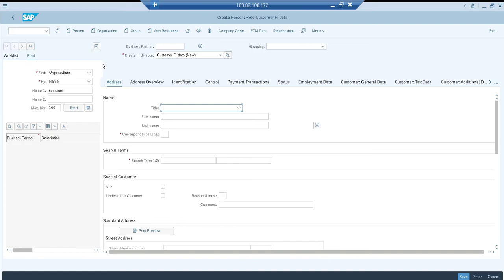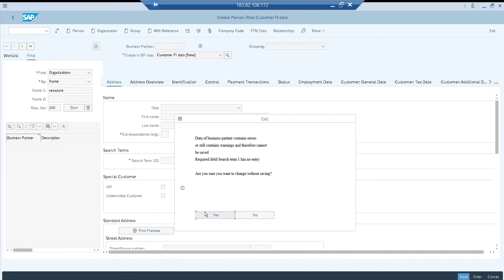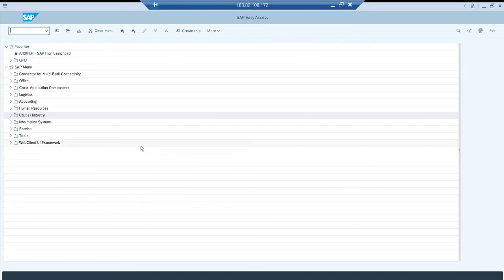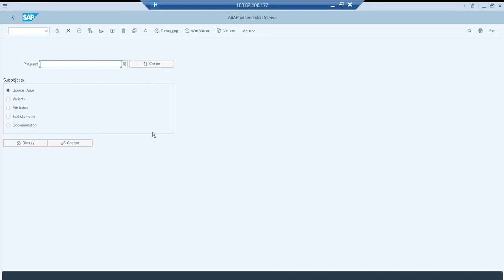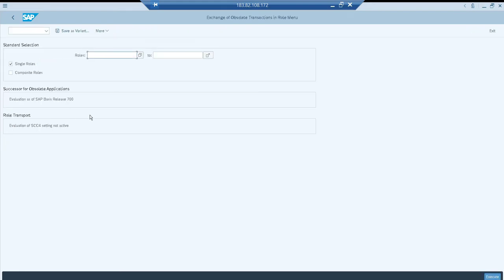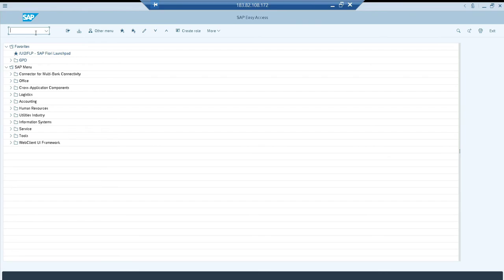So for that, we have a program and we have a table. Let me go to the program first, SCI38. This is the program. Okay, so program correction report 2, execute it. I don't know if you know the roles, you can give the role names, otherwise just execute it. The same way you have an option for tables. Let me go to tables also. Similarly,